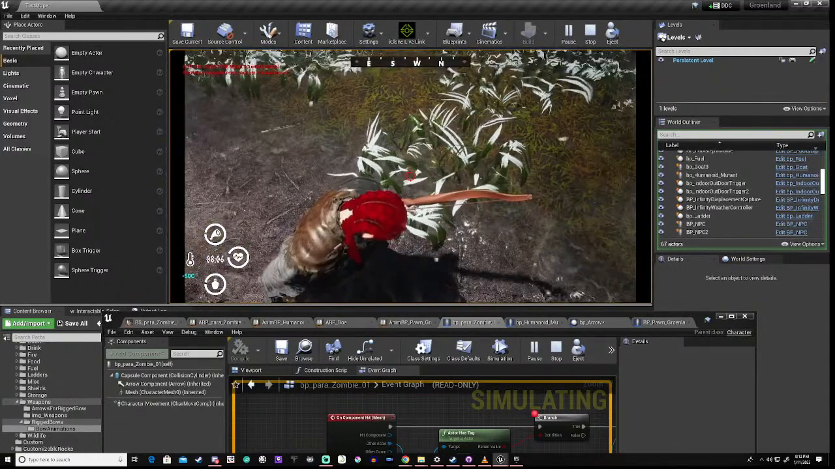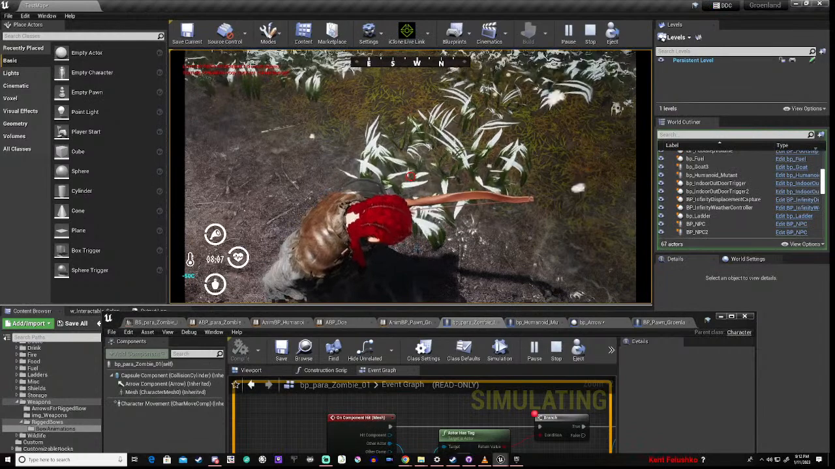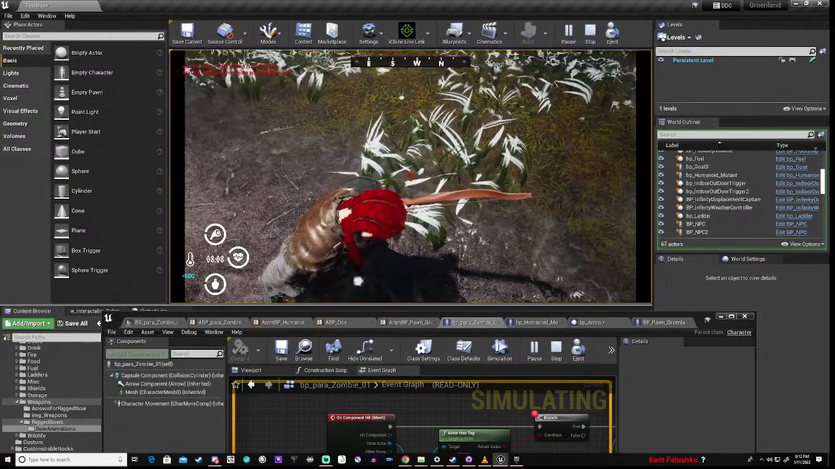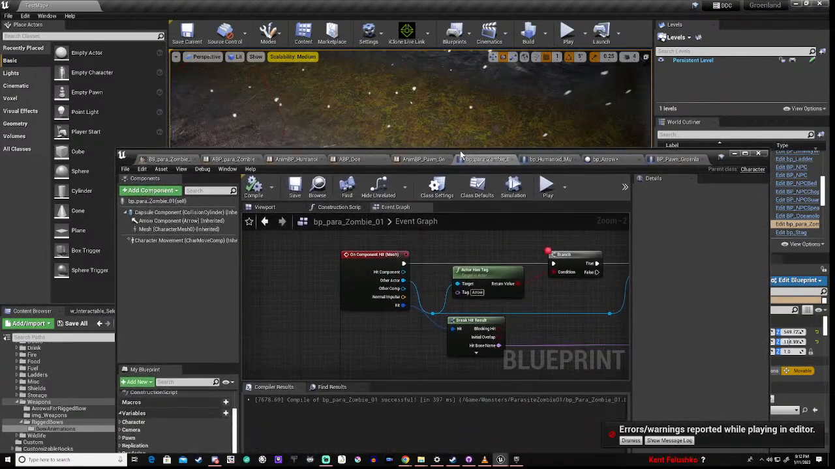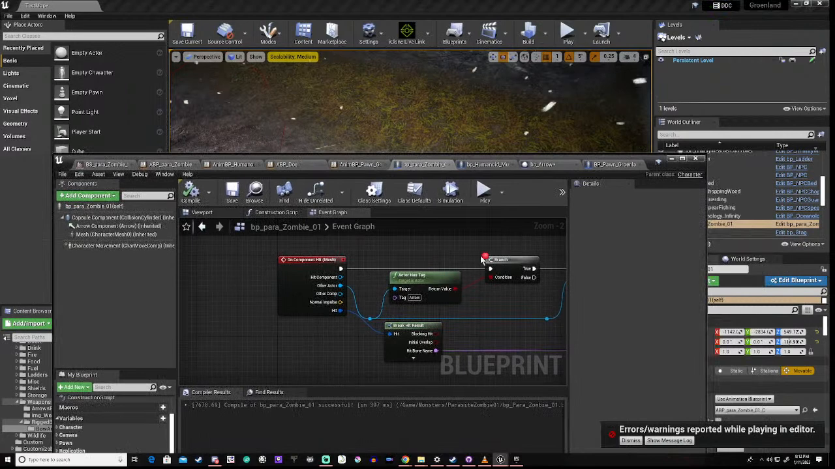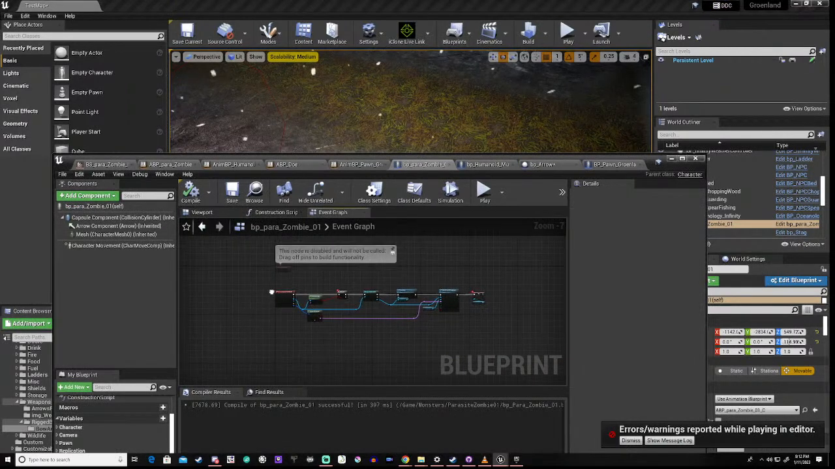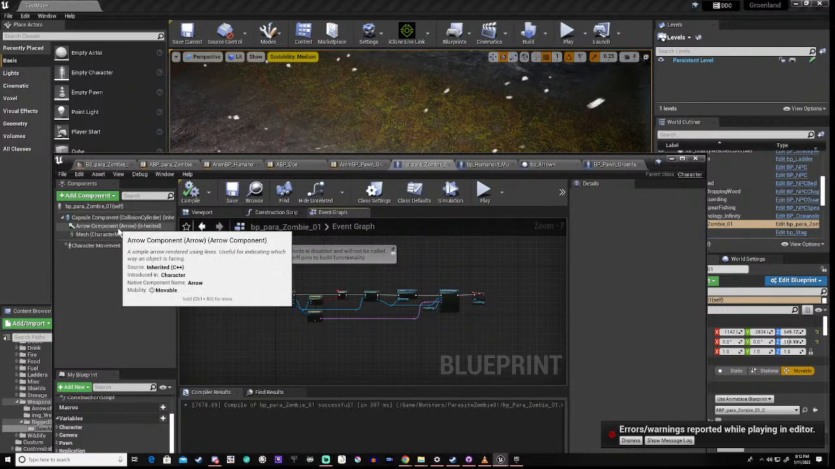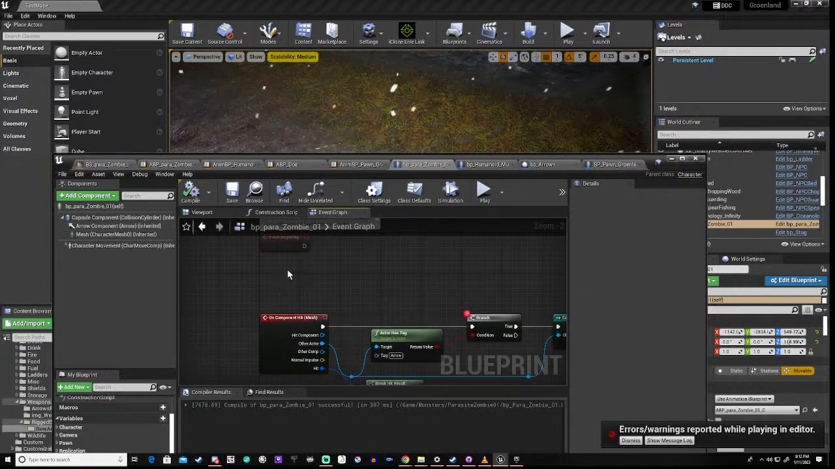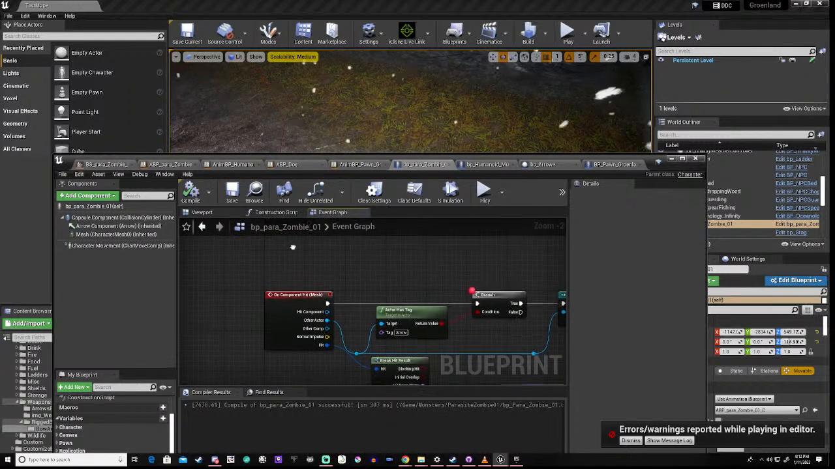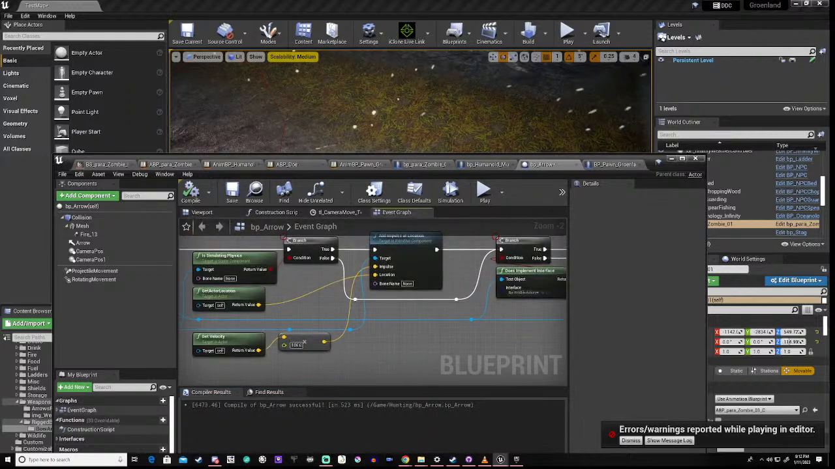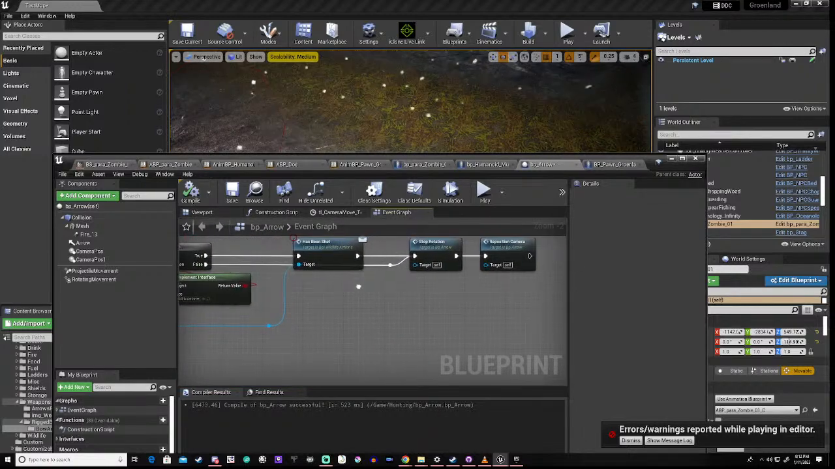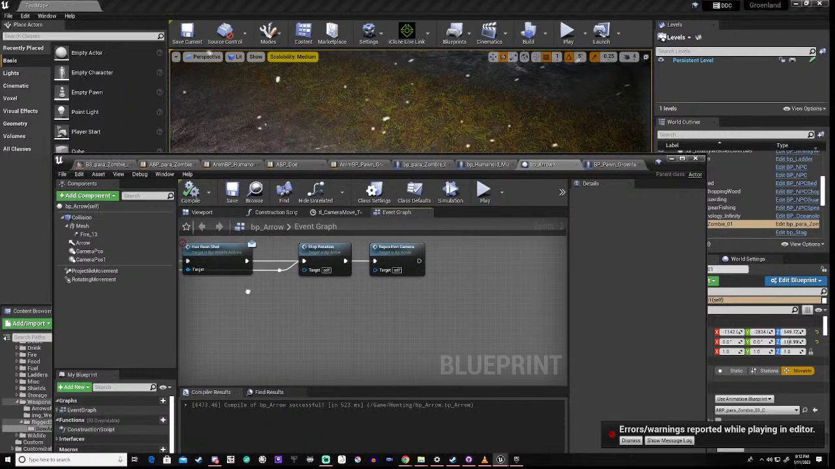That's still not hitting. This is not doing anything for some reason. Okay. Right, in the meantime,